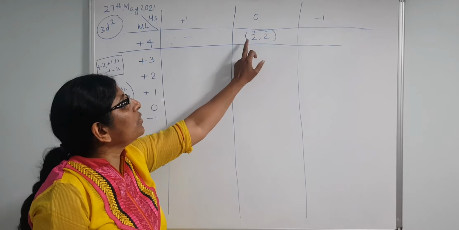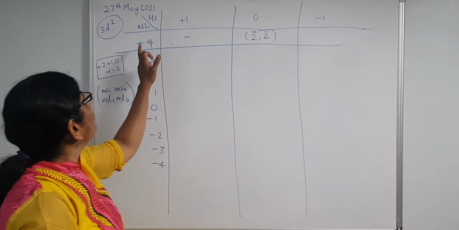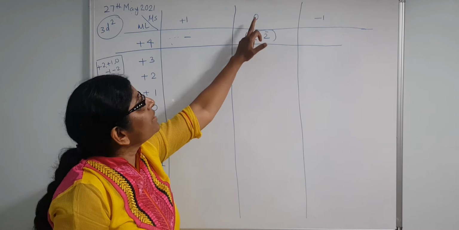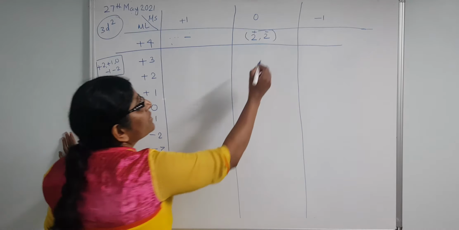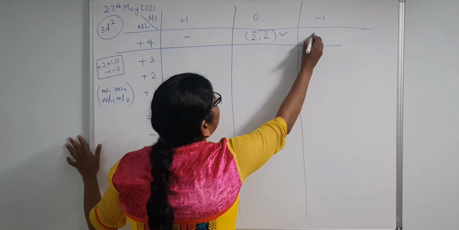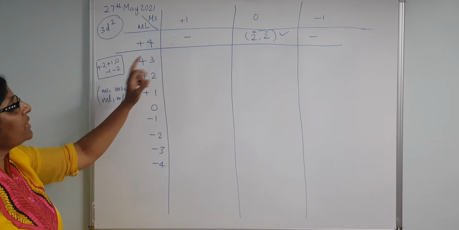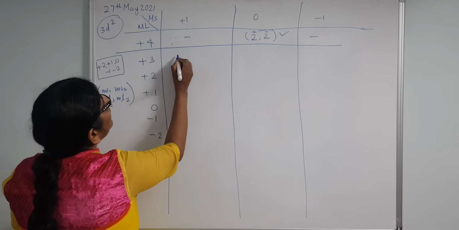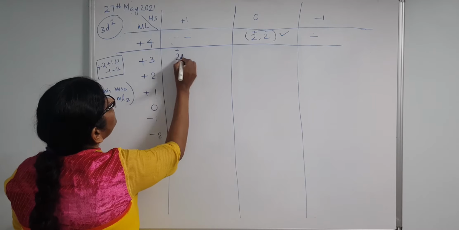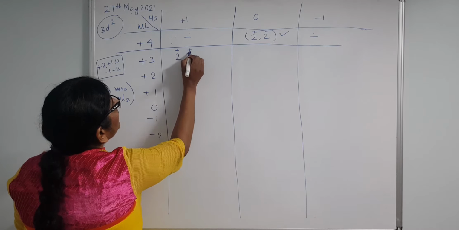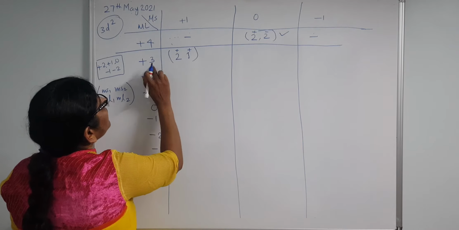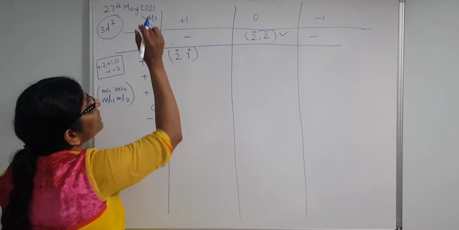So this is now allowed. 2 plus 2 is 4, plus half minus half is 0. So this microstate is allowed over here. Now like this we have to make the 45 combinations. Now if we look at plus 3, here what can we write? 2 plus 1 plus. Okay, so 2 plus 1 is 3, plus half will come plus 1.